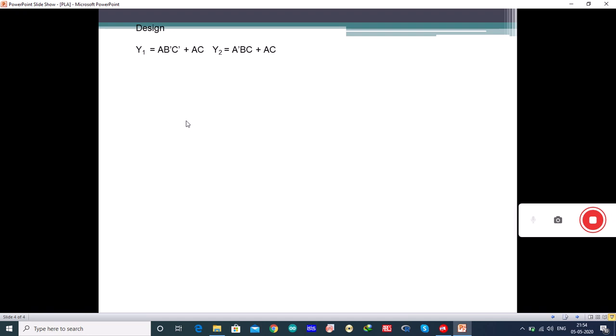A buffer in combination with an inverter gives the input in normal form as well as complemented form, both to a single thing. That's why we are taking the buffer here. And we have 3 variables, A, B, C and also A bar, B bar, C bar. So we'll be taking 3 buffers along with the complemented form. Let us see how we draw this.